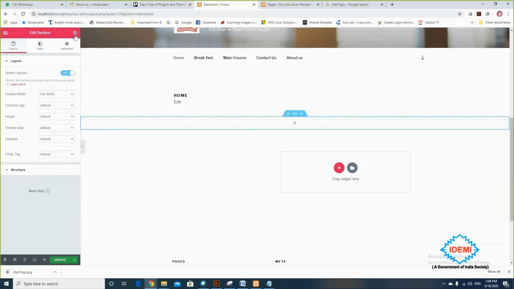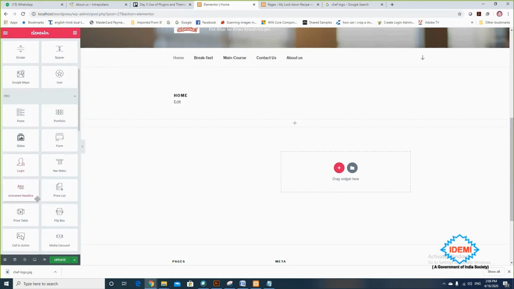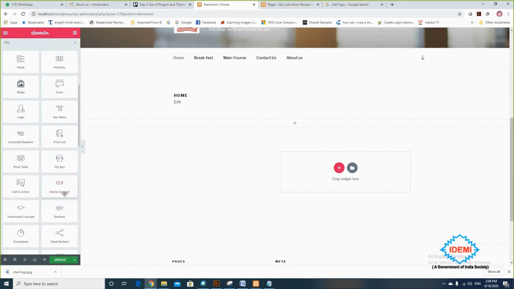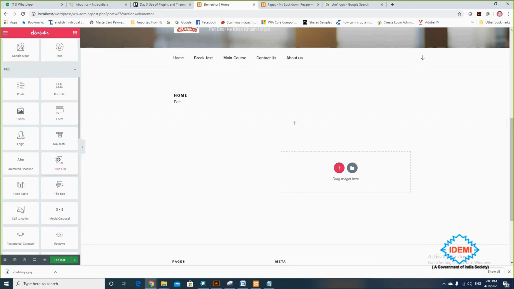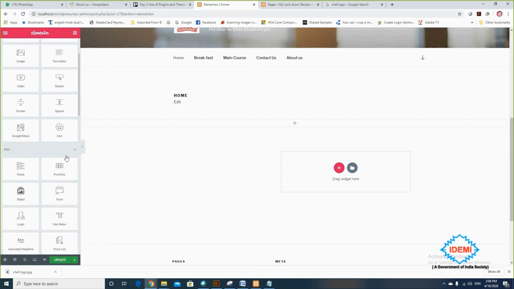So I'm choosing a path and this is very nice. So there is a slider already. So n number of other options are there.